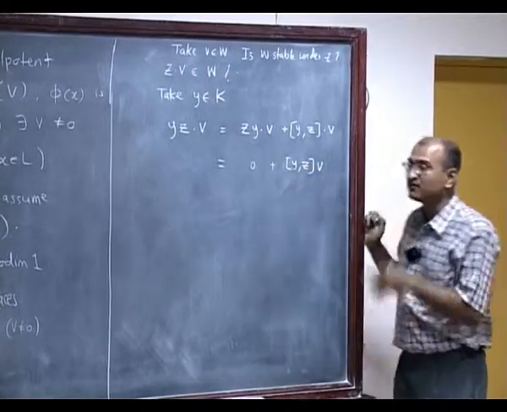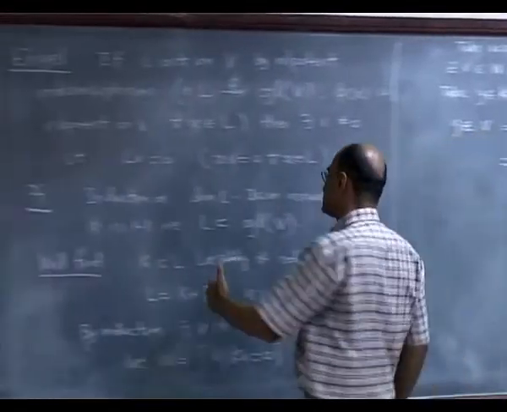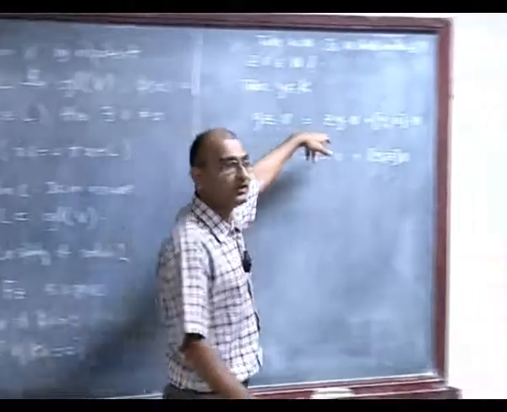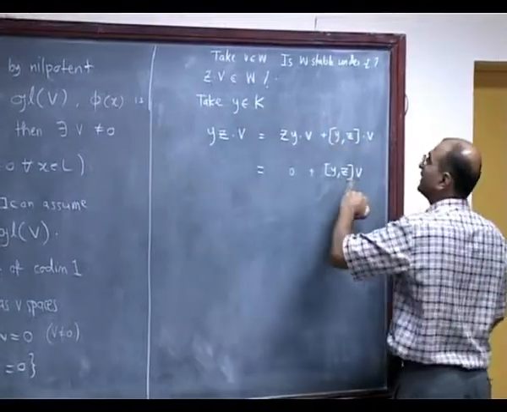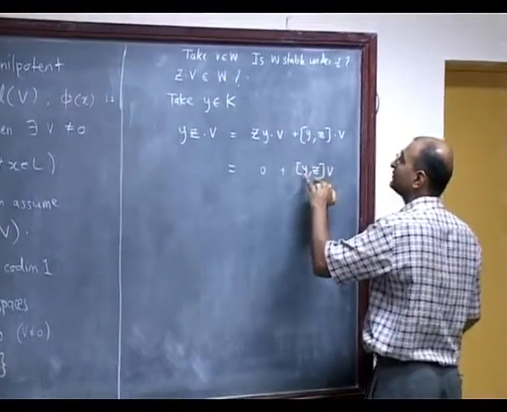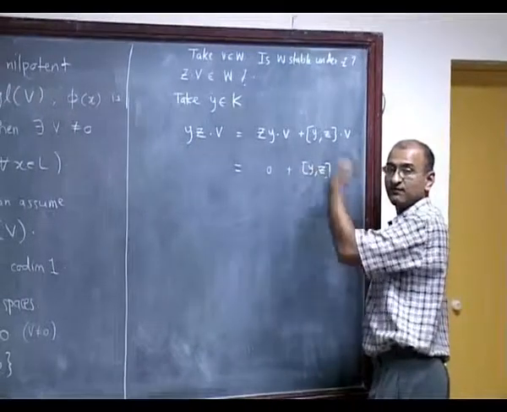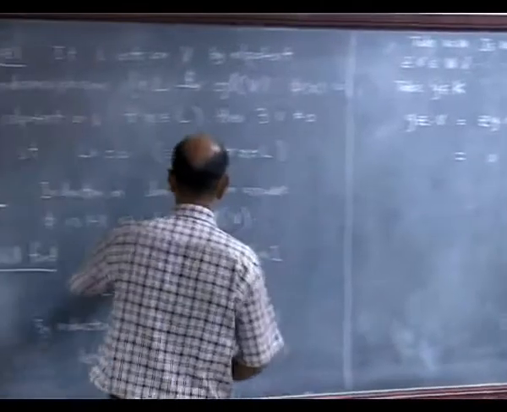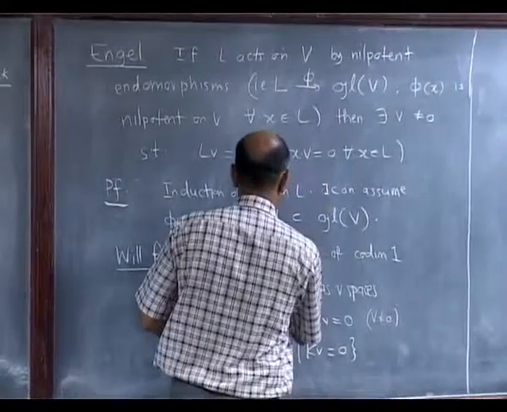In other words, we should wish not only that K is a Lie subalgebra, but that K is actually an ideal. Remember, y is in K and I am bracketing it with Z, which is outside it. If it falls back in K, then it would be good. So we will find an ideal of